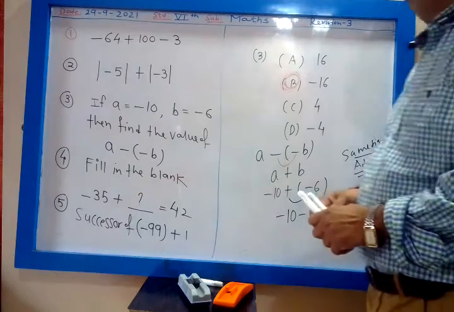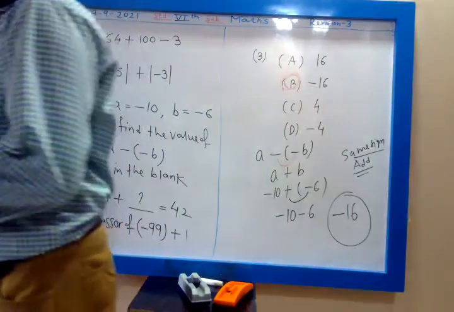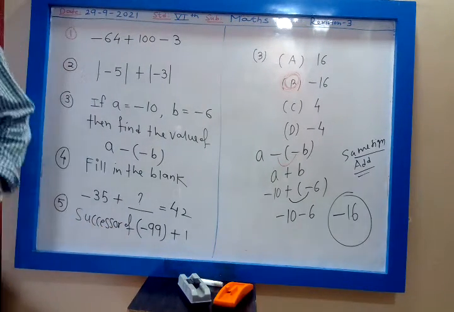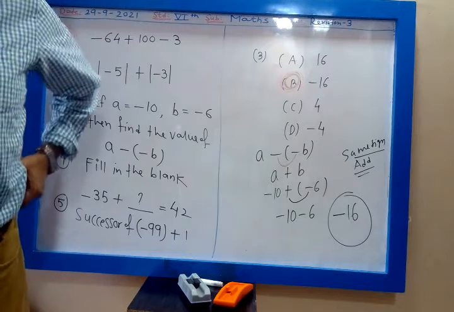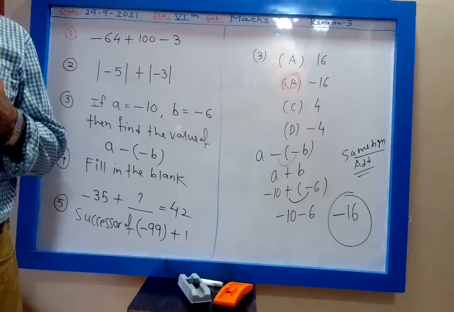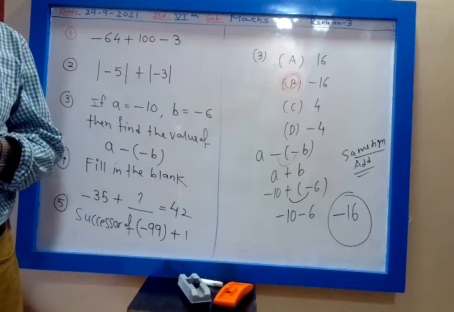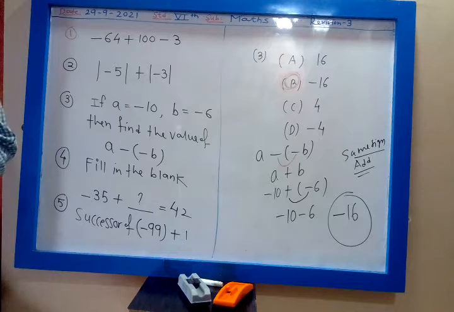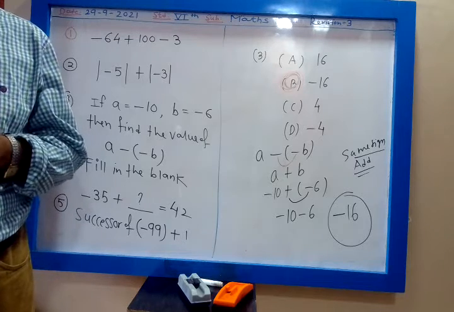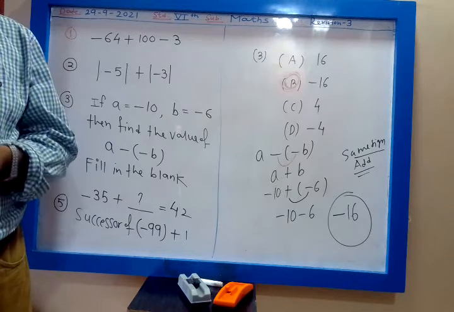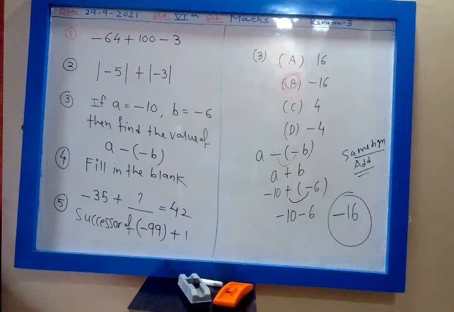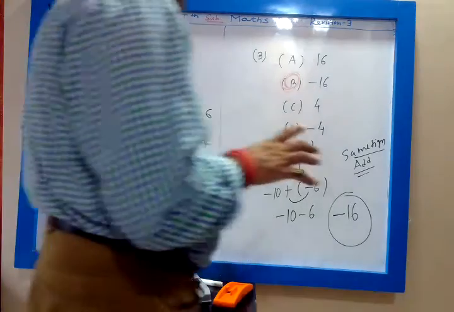Option B. Anushri and Garv Vyas, these two students gave the answer B, so their answer is absolutely correct. Very good. This was a difficult problem, and both of you gave the correct option B. I was expecting the correct answer from everybody, not only two students. But others are writing A, somebody is writing D. My dear, this is mathematics. You have to be very precise and accurate. Okay, is it clear?